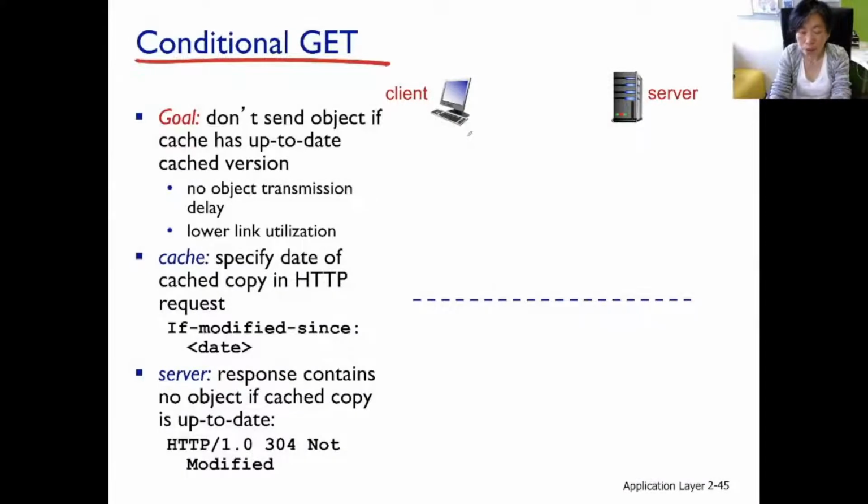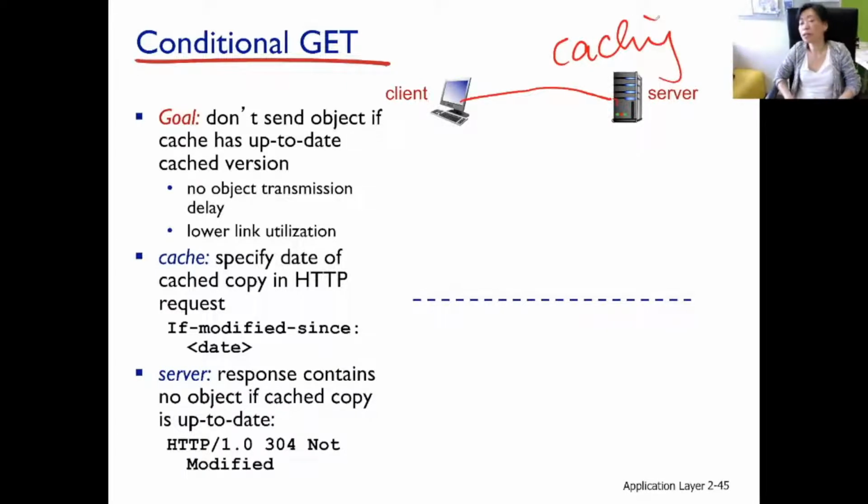The next two topics are more about trying to reduce traffic between the server and the client, or trying to reduce the delay downloading a certain object. It's called caching. What cache means is to store a temporary copy of certain data. So conditional GET here is like to have a local cache of the web pages that we have downloaded